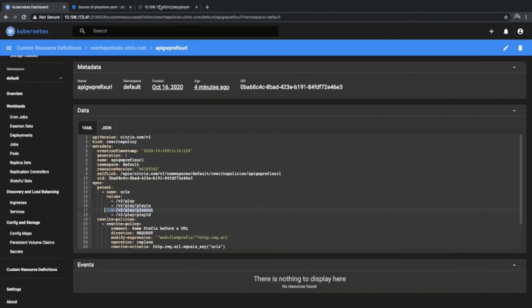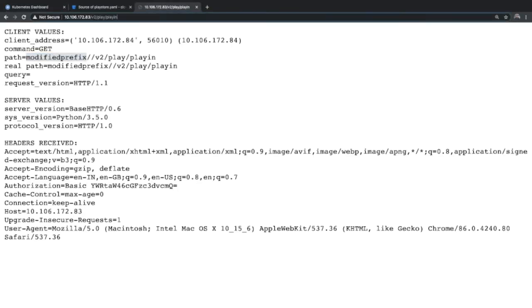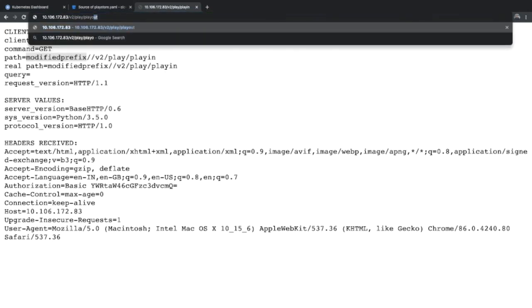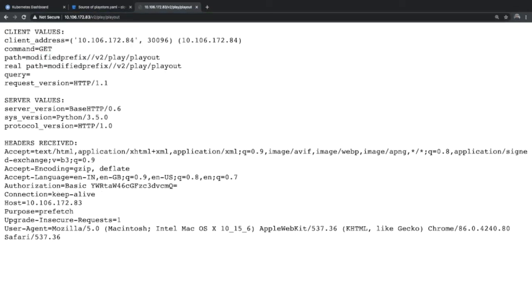Now, if we try to access it, it should go through. Right, it went through. You can see we are getting a modified path back in here. That means the route is set properly and the rewrite policy is also applied.